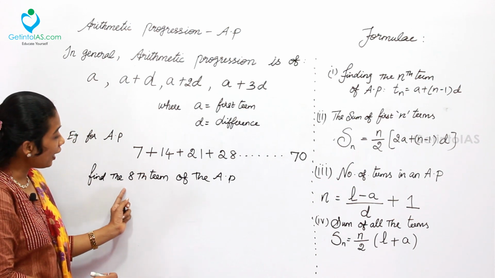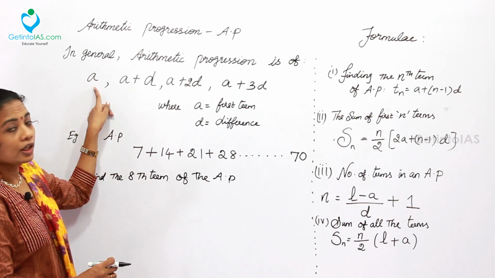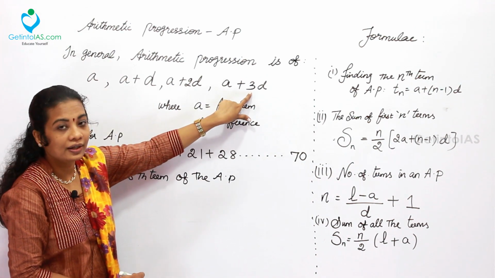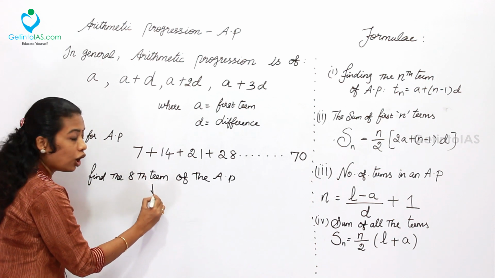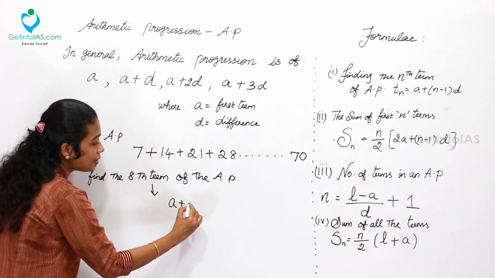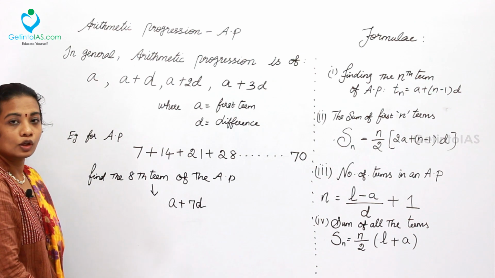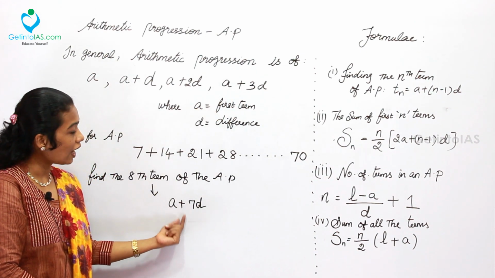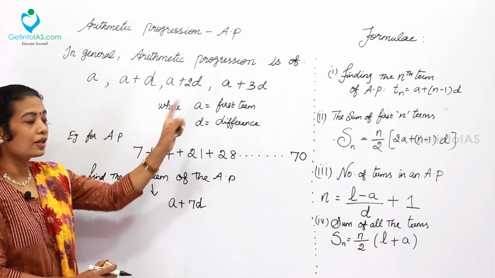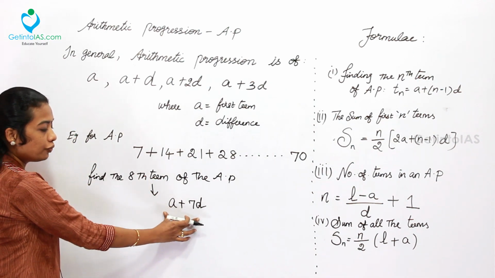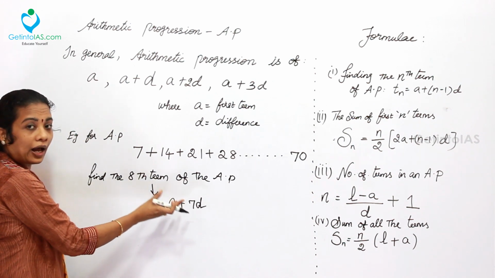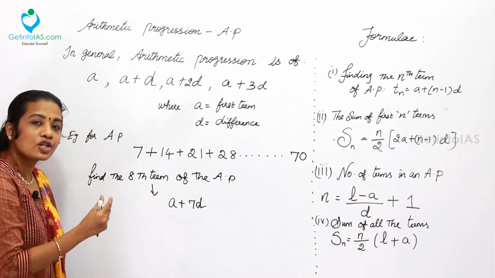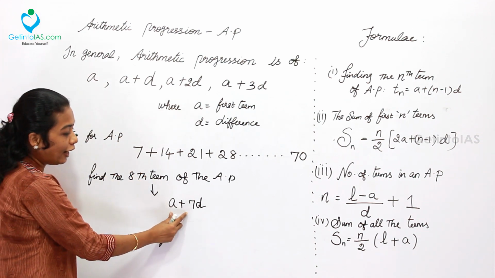Now how to crack this 8th term? So you know very well the first term is A, second term is A plus D, fourth term is A plus 3D. So the 8th term, how to rewrite it? A plus 7D. So instead of the formula, I am showing you the trick how to use this. Afterwards also we are going to solve the same with the help of the formula. So once you know the concept and you have clarity over these concepts, you can reduce the applications of these formulas. So A plus 7D.